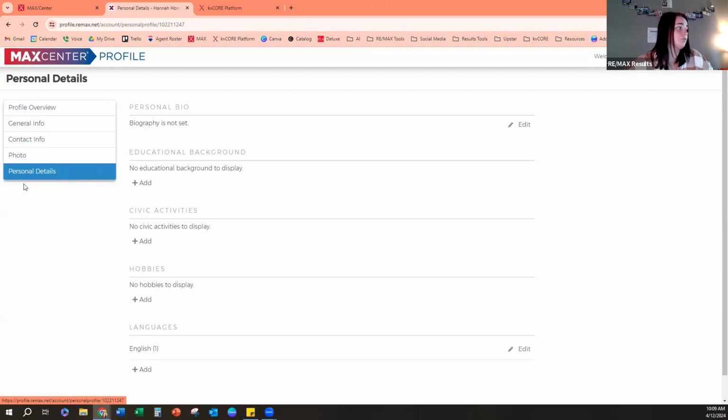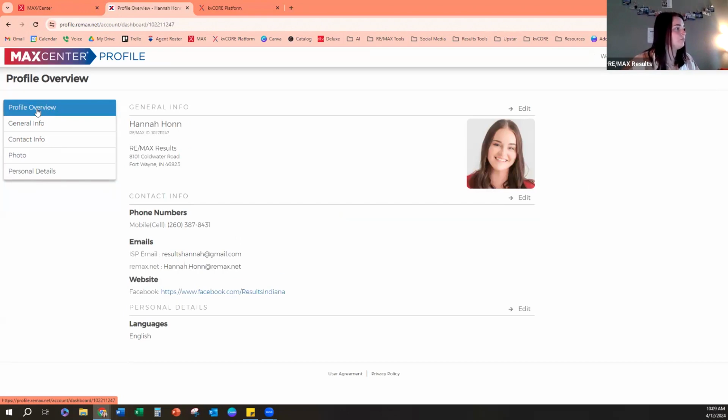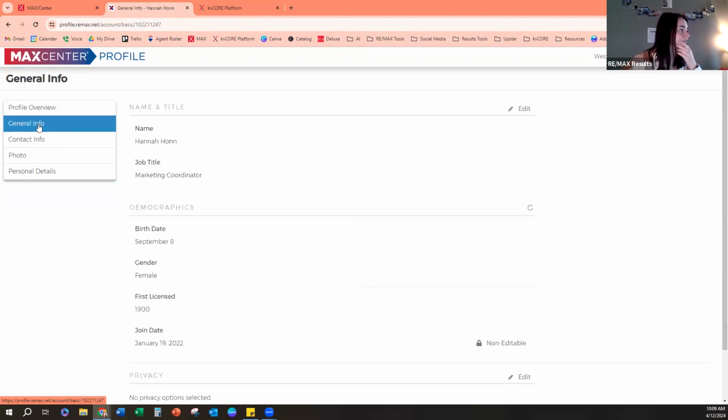Honestly, you can just go down through these tabs to add everything. I'm going to jump back over to the profile overview, and I believe under, okay, yes, I'm jumping around a lot. I apologize if I'm losing you guys, let me know. Under general info, this name and title section. All of you currently,